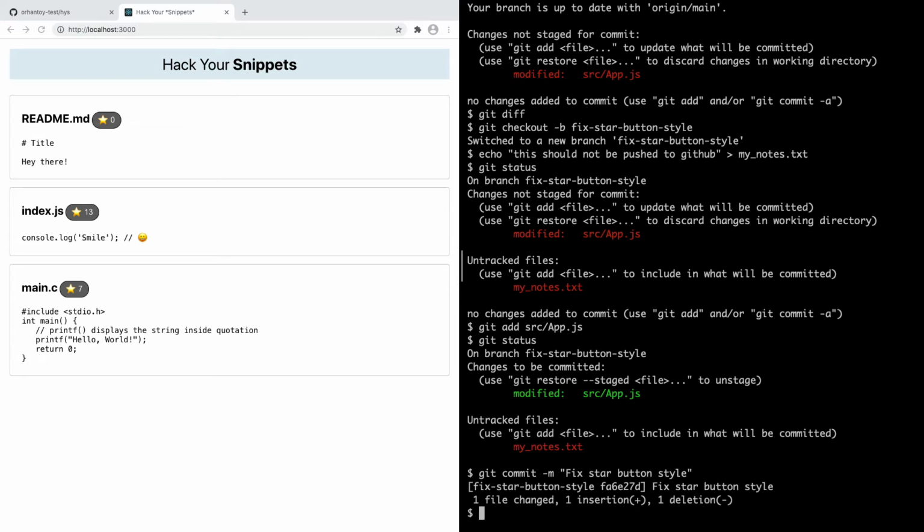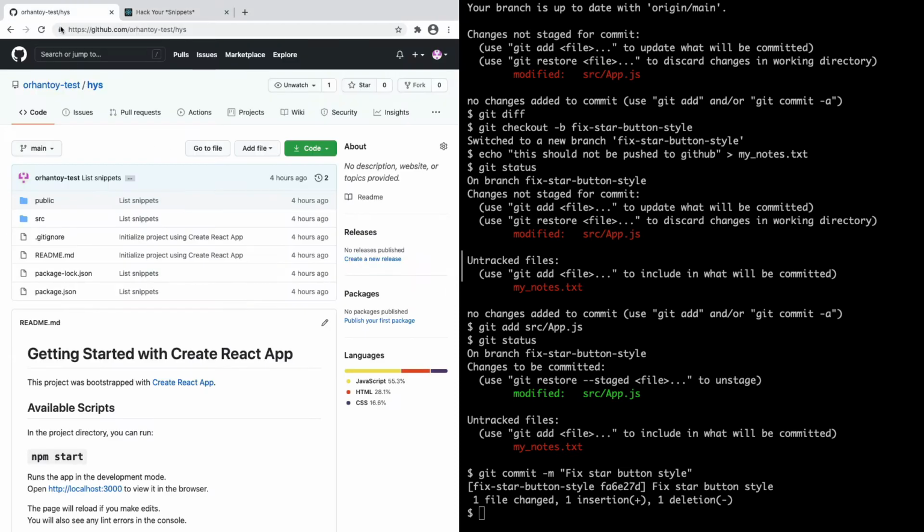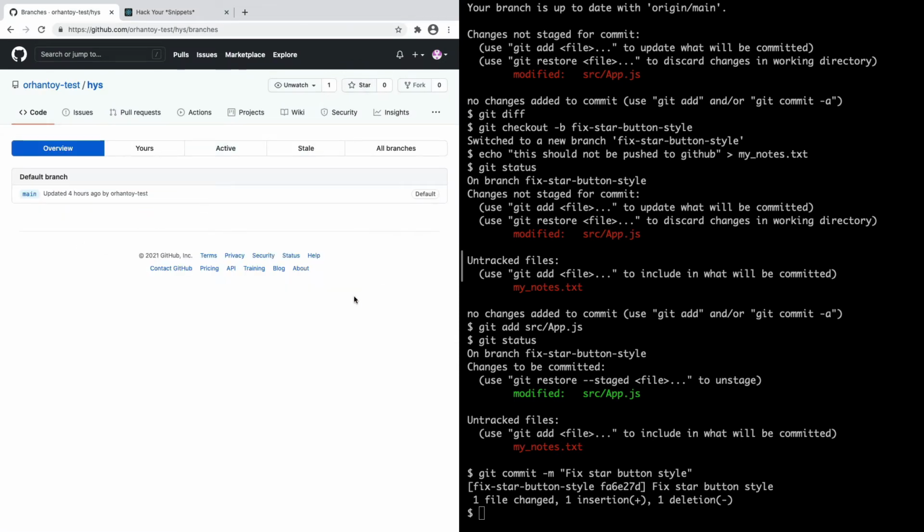So let's commit that, and this commit is currently in a local branch, meaning that it's not on GitHub. You can go here and look at all the branches, and we just see the main branch. So to push this to GitHub, we do basically what we did in the beginning when we pushed the main branch up to GitHub. We will